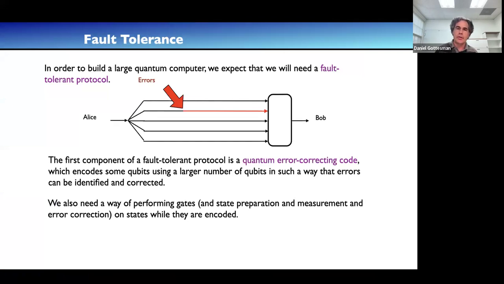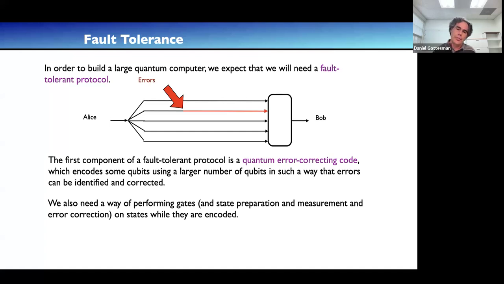So first, the context and terminology. We expect that to build a large and reliable quantum computer, we're going to need fault tolerance. The individual gates of the quantum computer will maybe be pretty accurate, but not accurate enough to run a large computation, for Shor's algorithm or simulation of a quantum system. That requires many gates, and we just won't be able to get the error rates in the physical gates low enough to get through a whole computation without a lot of errors occurring. So in order to get the right answers out of these computations, we're going to need some kind of fault-tolerant protocol.